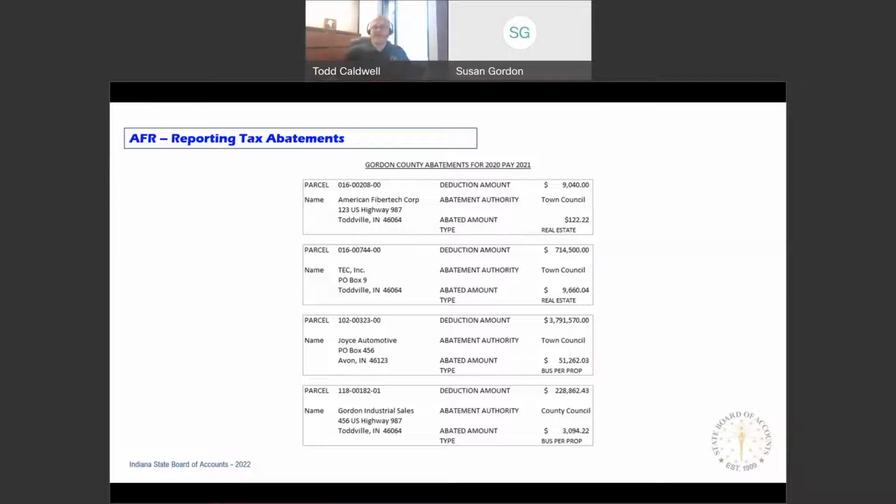When you're double checking that work, and we're going to go through what that multiplication equation is, if you come up with a different amount than they've provided to you, you'll want to contact them and see what they did to get to that amount, because you've come up with a different one. So for our example purposes today, let's look at these four to start with, and they include both direct and indirect abatements. So we're going to look at the direct one first.